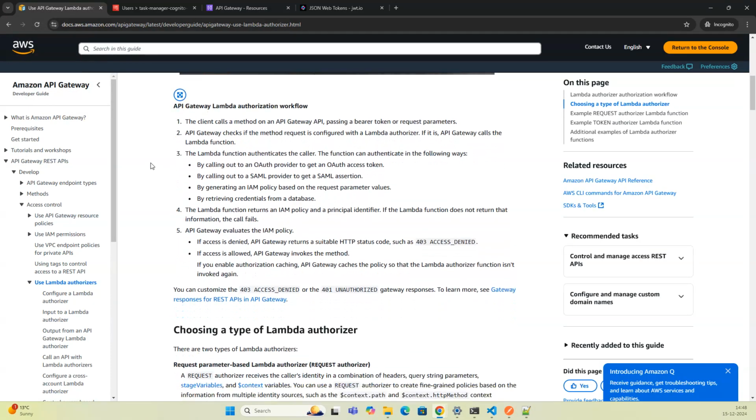The API gateway evaluates the IAM policy. If access is denied, the API gateway returns a suitable HTTP code such as 403 access denied or unauthorized. And if access is allowed, API gateway invokes the method, and you will receive the message from the home Lambda handler. So we are going to implement the custom auth Lambda in this video. So with this theory at our hand,